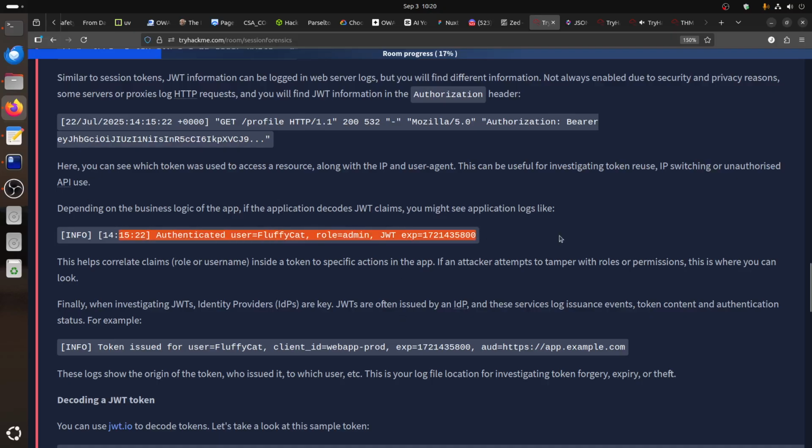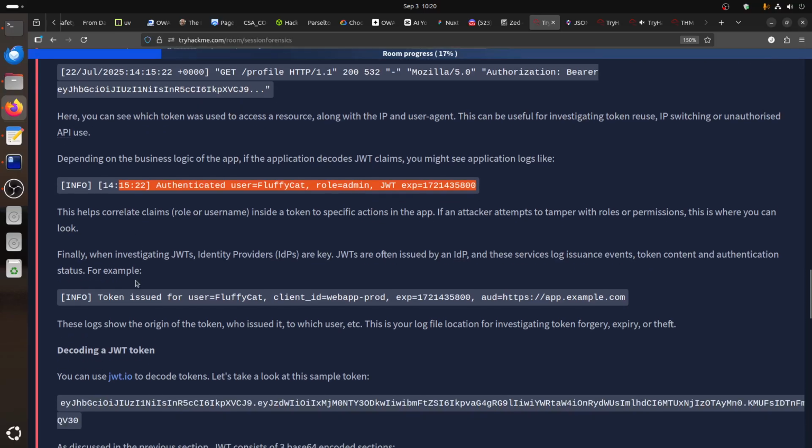We can see the authorization. For privilege you can set. With the practice you can stand this one. Finally, when investigating JWT, the identity provider that provides the token, often issued by an IDP, and this service logs